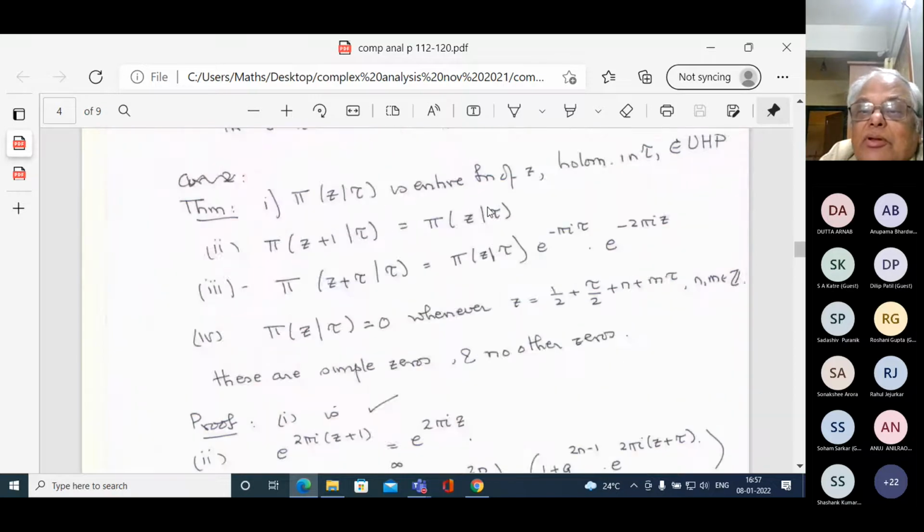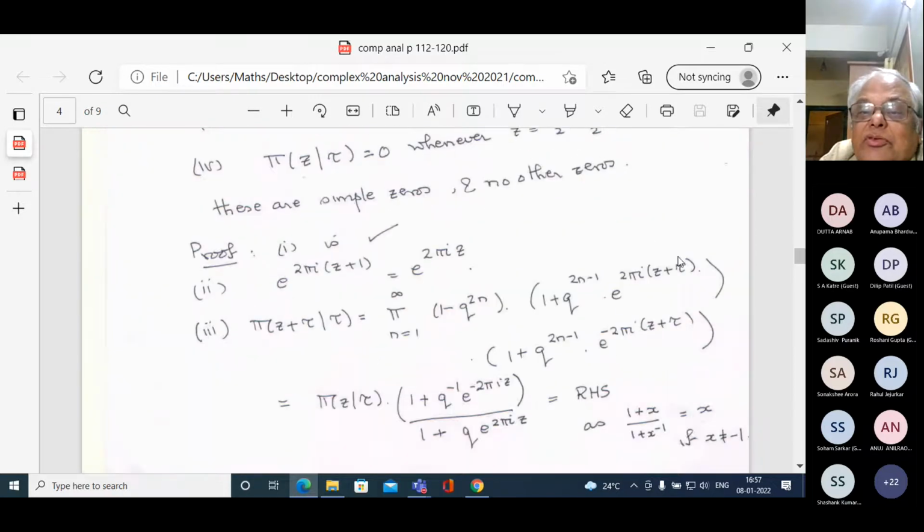Okay. So in this product, I have 2 pi I tau. That 2 pi I tau, I want to absorb into the Q because Q is e to the pi I tau. Okay, but there's a 2n. And then I have to do some adjustment to see that I get all the terms. Similarly, minus 2 pi I tau, I absorb into Q to the 2n minus 1. And then I have to do some adjustment about the n. Okay, and that adjustment gives you this extra factor.